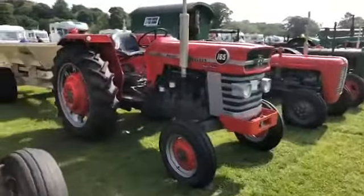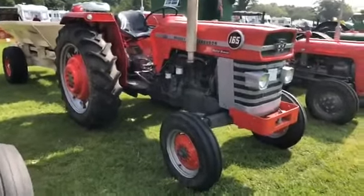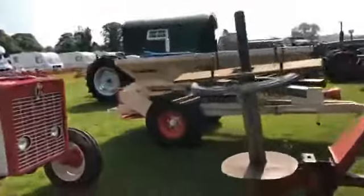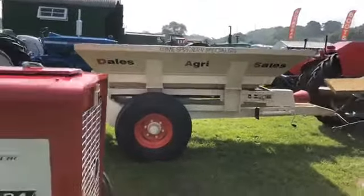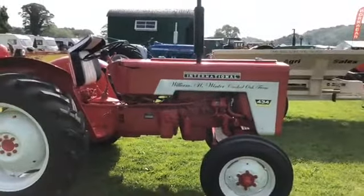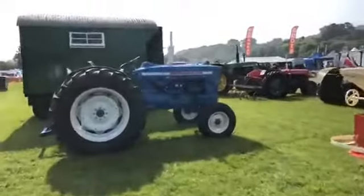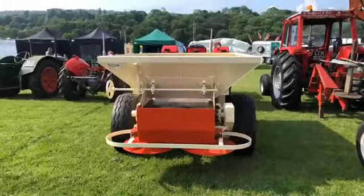This is the one that used to belong to my brother, a bit scruffy back then, but it's got on the back of it, let's have a wander round the back of this 165 with a post knocker on, and it's got a nice restored lime spreader on the back of it. There's that lovely, I've seen this before, this 434, really lovely little thing, had a cracking 5,000 in the background. But there's this really nice lime spreader,